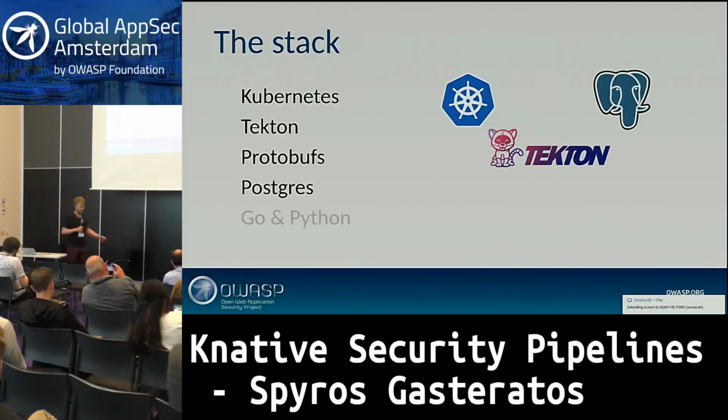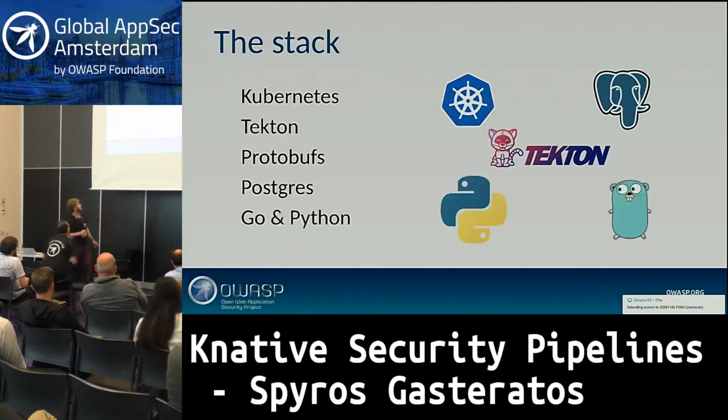We're using Postgres as a great data store. It's basically used as a staple in our company as well. It's a place where we store everything, and we're also writing everything in Go and Python. We started off with Python, but we're finding dealing with Kubernetes a bit nicer in Go. The libraries have a little bit better support, so we're slowly shifting that way. Two of the four languages that we officially support in our company are Python and Go, so we've got great support in the company as well.